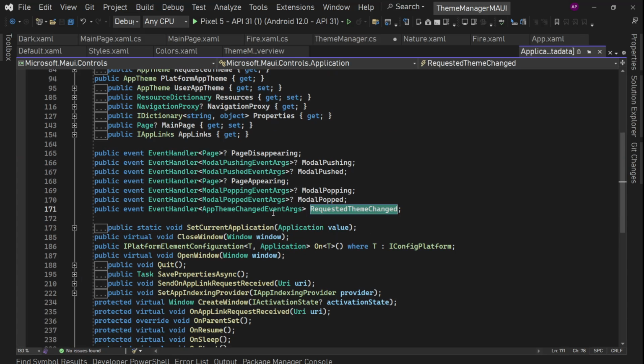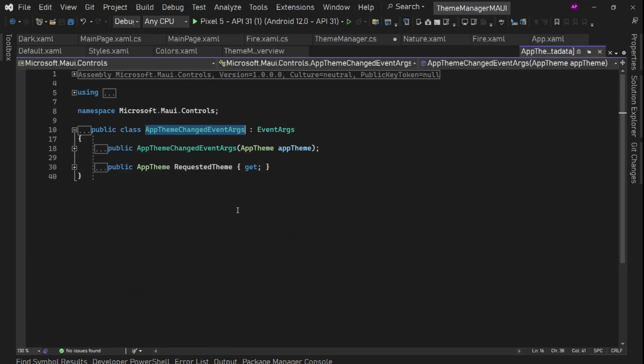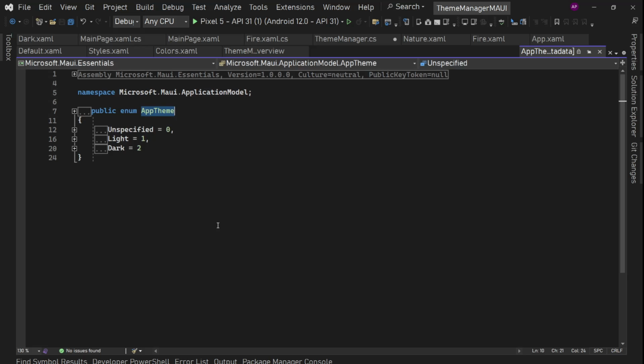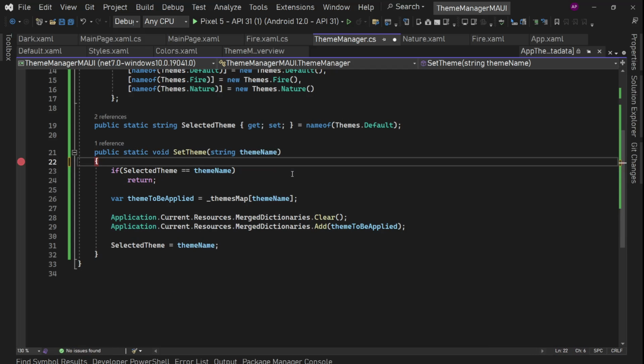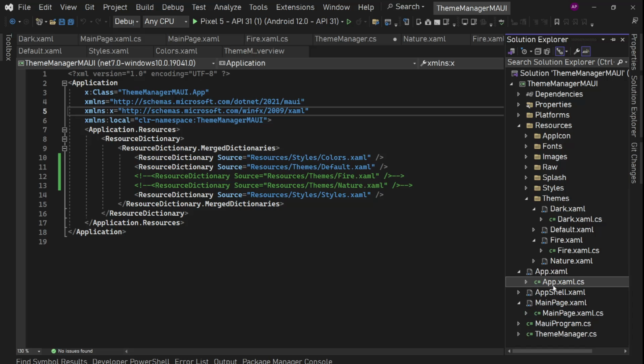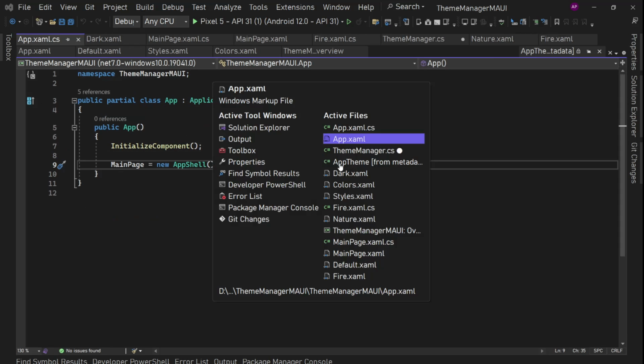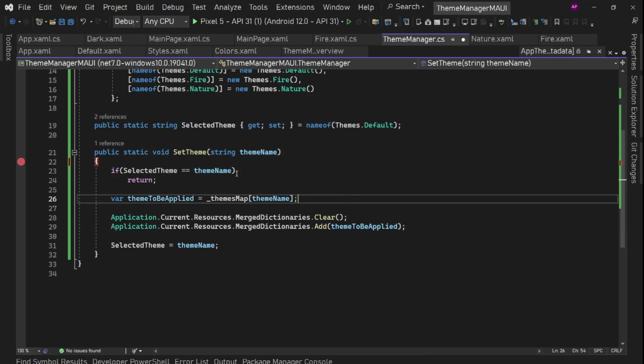If we check this event, it has a parameter of AppThemeChangedEventArgs. It has a RequestedTheme enum property. If we go to this, we have three options: unspecified, light, and dark. So we can check for dark theme and add our dark theme for this, right? So let's come here. We need to add this event handler. We can have it in the App.xaml.cs file, which is the starting point,